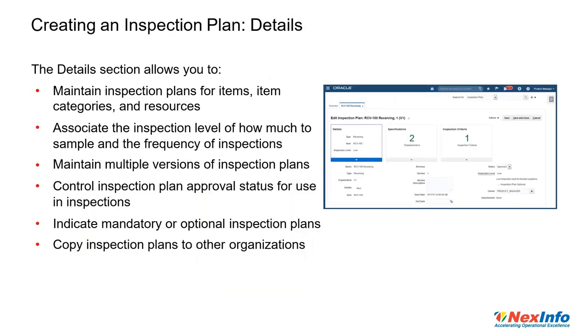So let's talk more on the inspection plan. The inspection plan has three things. First is the details, and then the specification, and then there's the criteria, which lists what the inspection plan should be based on. The details section allows you to maintain inspection plans for items, item category,